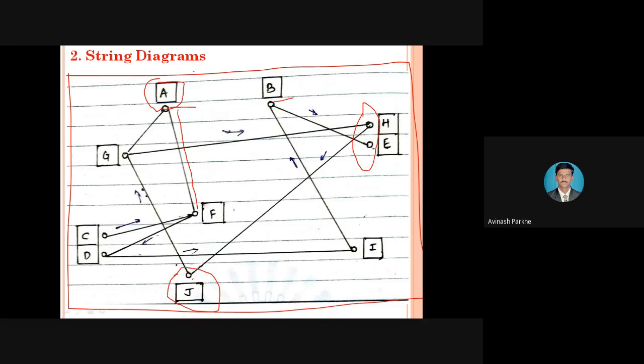But this string diagram is mostly important for complex backtrackings. For example, between point A and point G, there are repetitive movements taking place, from A to G, G to A, again from A to G, again from G to A. Such repetitive movements cannot be traced by using the flow diagram. Such repetitive actions or repetitive backtrackings can be recorded by using this string diagram. So this is the second technique used in the diagrams, and compared to flow diagrams, string diagrams are mostly used in industry to find out the actual distances traveled by the material or by the operator.